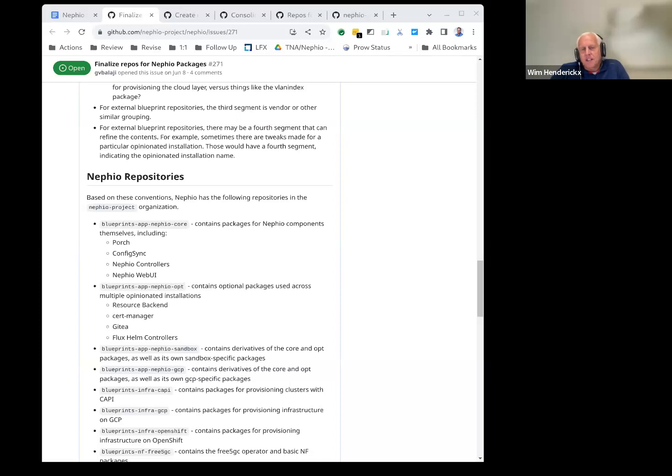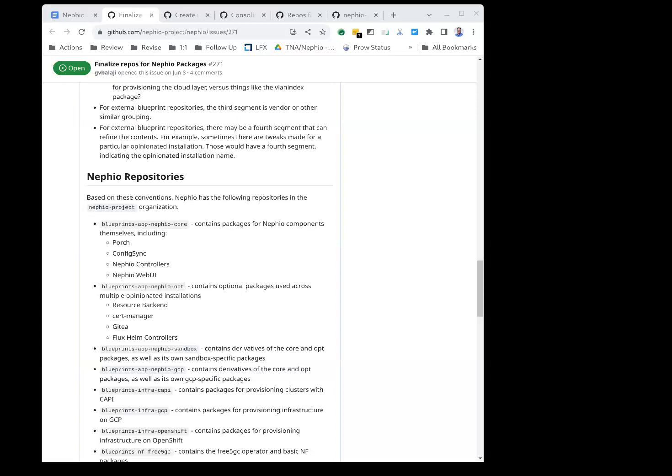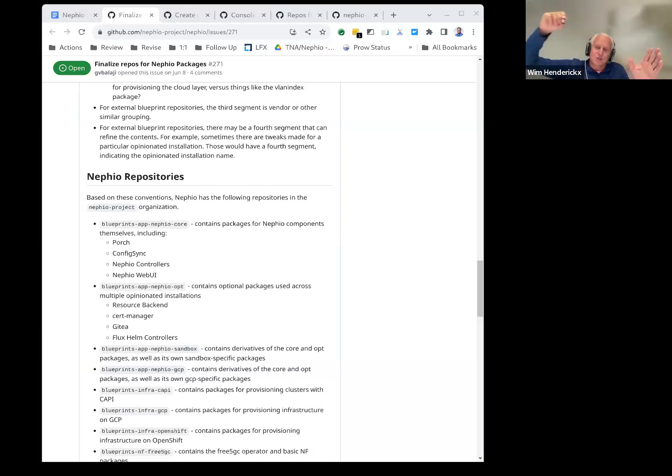What I was proposing, Vish, was that GCP, OpenShift, and Sandbox have their own repo, right? Yeah, exclusive. And they ideally should take the upstream of the catalog, like John was saying. You could almost say that these repos, like GCP, OpenShift, and Sandbox, are a bit like a distribution.